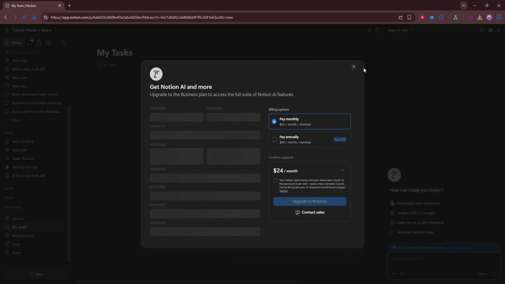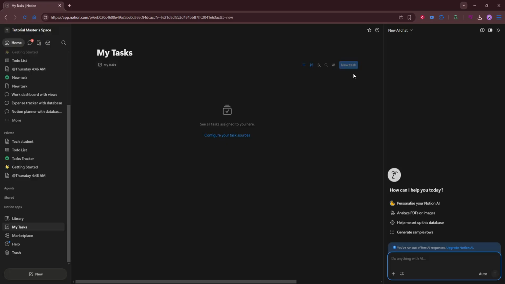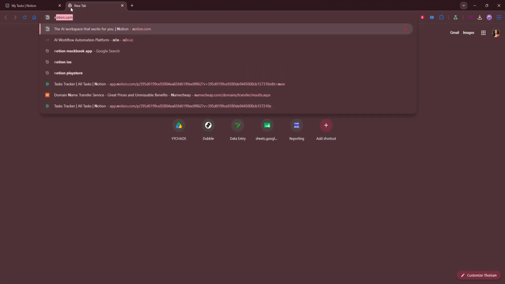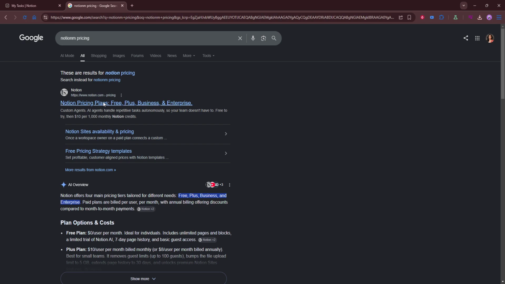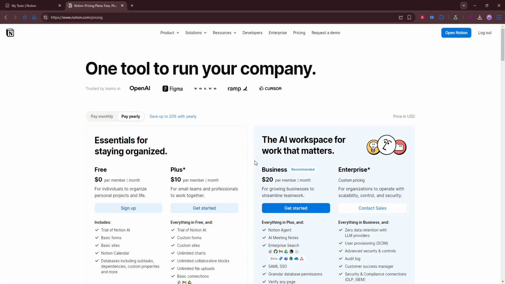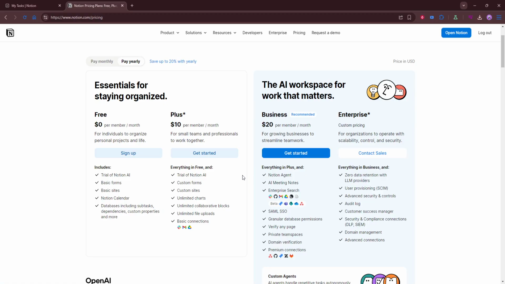Next, review whether Notion AI is already included in your current plan. If you already have a paid workspace, there's a chance some AI features may be available without needing a separate upgrade. This is an easy detail to miss, so take a moment to confirm what your current subscription actually includes